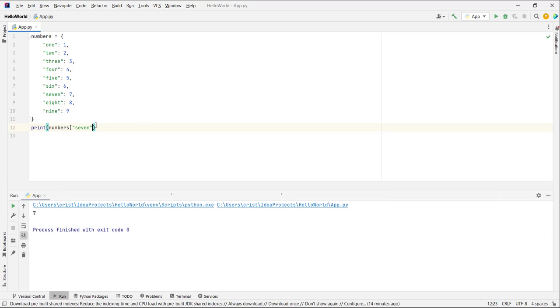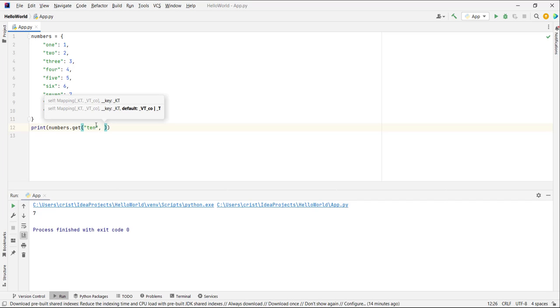And there is another way to get elements. We can use the get function. So I can type here get. Also you type the key, let's say 1. And with get we can also put a default value. So if I type here, let's say 10, and we don't have a value for the key 10,